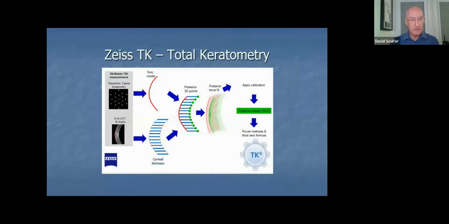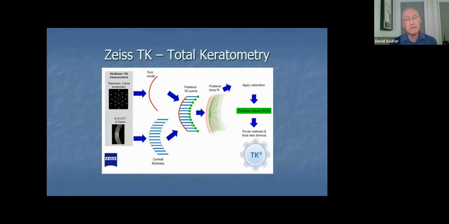The Zeiss IOL Master 700 has another trick up its sleeve, which Zeiss called total keratometry. So the way this one works is that you've got your standard keratometry on the front surface of the eye, so 3-zone keratometry. That then allows you to produce a toric model. It also does a swept source OCT scan of the cornea. So broadly what it does is to add the corneal thickness of those points to the toric model, and that allows you then to model the posterior cornea. It then goes through an algorithm to give you a toric fit, applying some fudge factors, and then you will get a measured